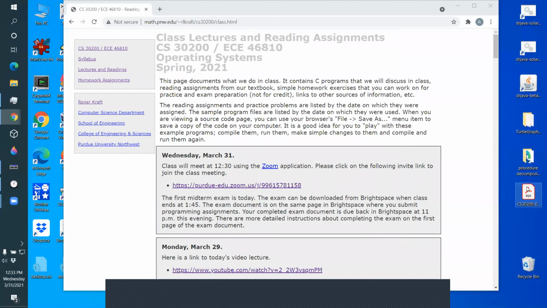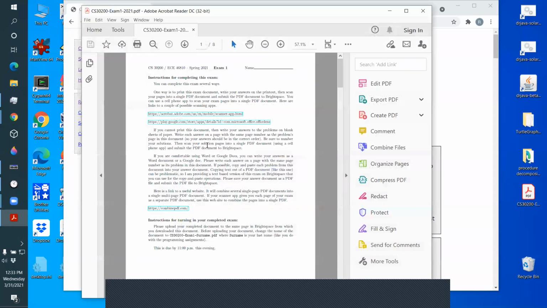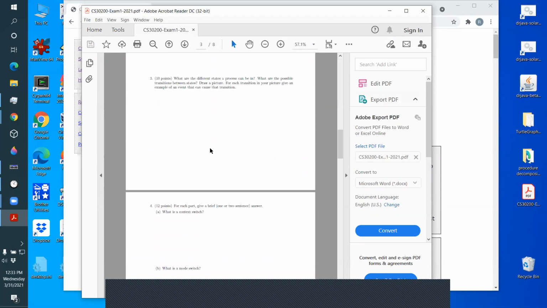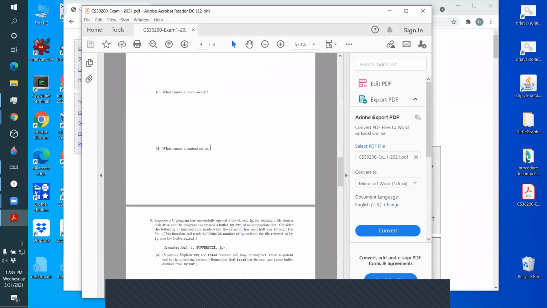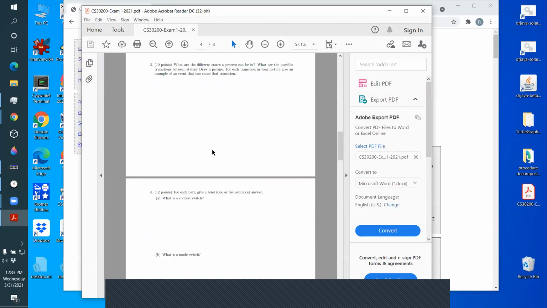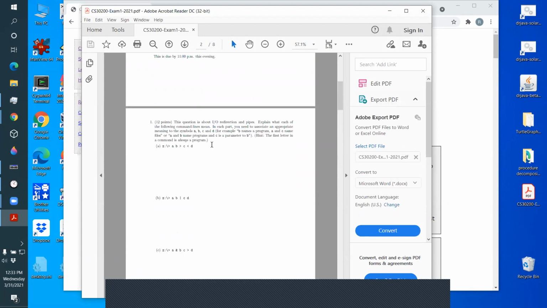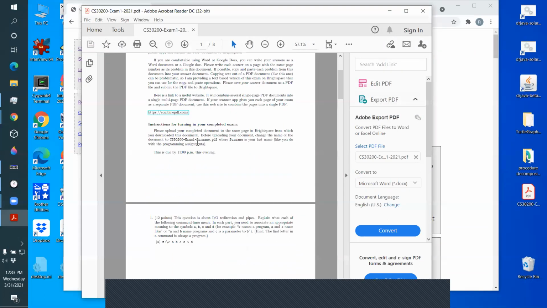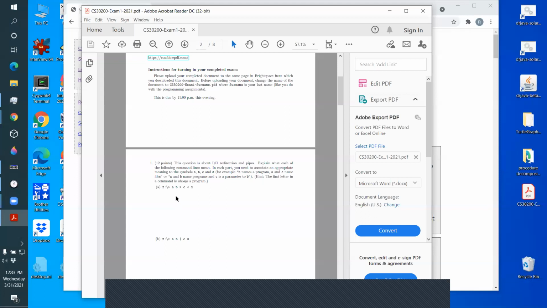Here's what it looks like when you download it. See, the first page is instructions, and then the exam looks like any regular exam. You can download it, write your answers on the sheet, and scan your answers and upload them. Or if you want, you could write your answers in a Word document and submit the Word document to Brightspace. So you can either write your answers in longhand on here and then scan it in, or